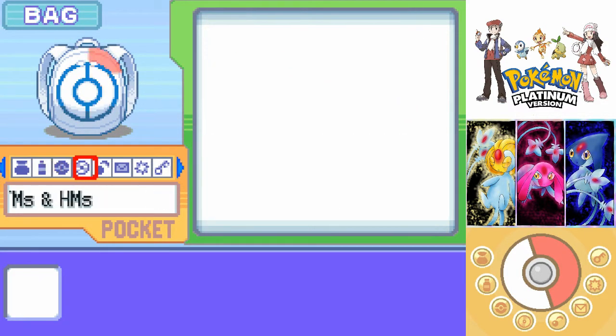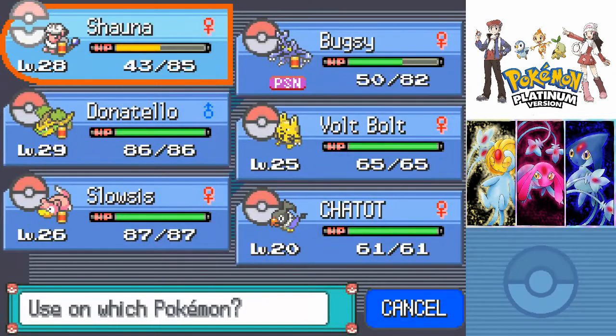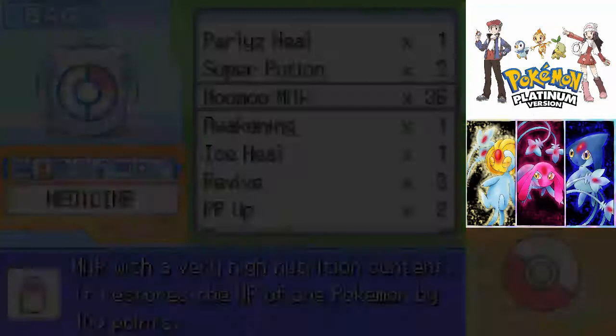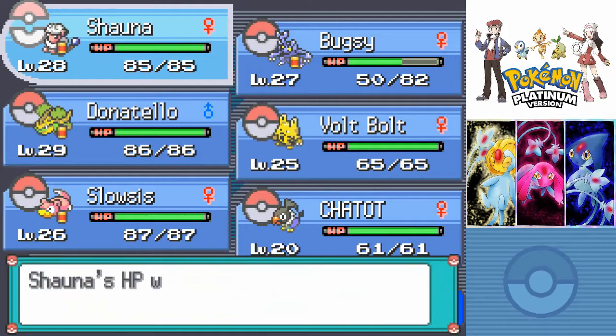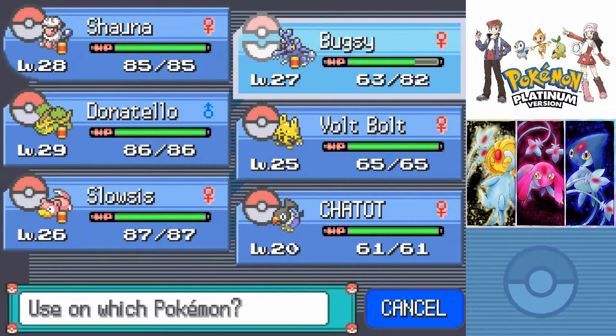What am I looking for? I am looking for the Pecha Berries, because I have 6 of those, so we'll just use that to remove the poison. This is as good a time as any to use my Moo Moo Milks whilst I have my bag open here. Although I really should just use the Super Potions, because I only have 2 of them spare. I want to use 2 healing items anyway, so we'll just use those and save the